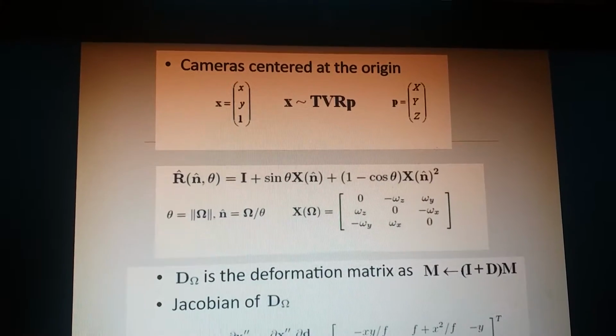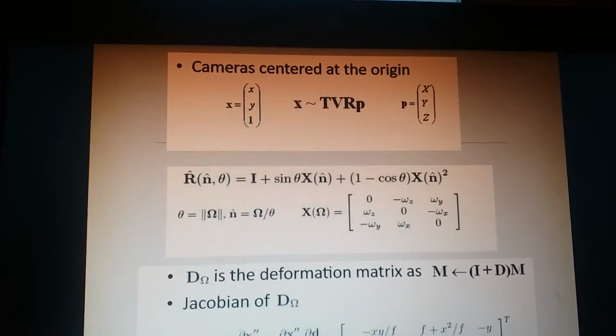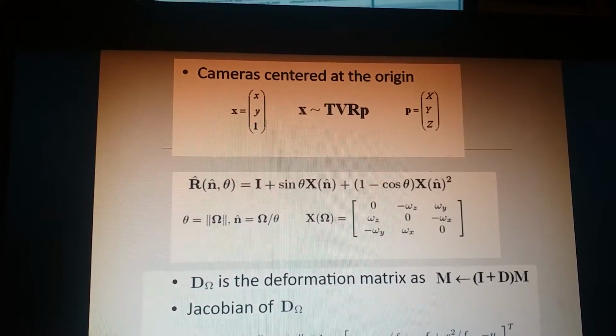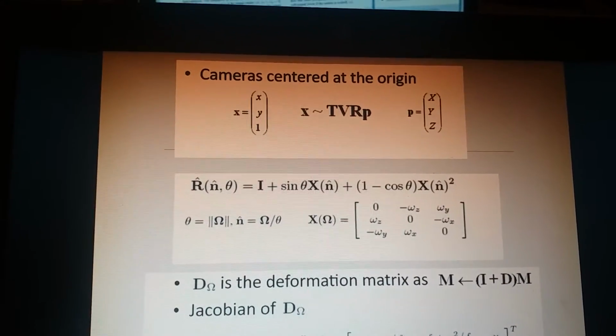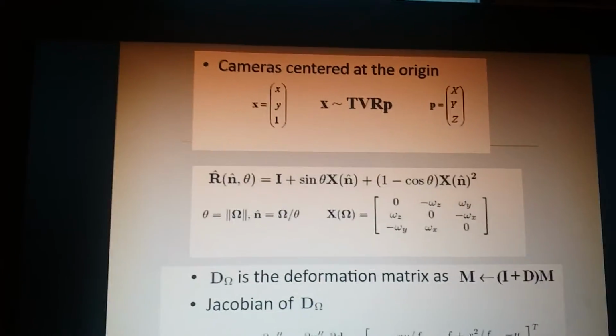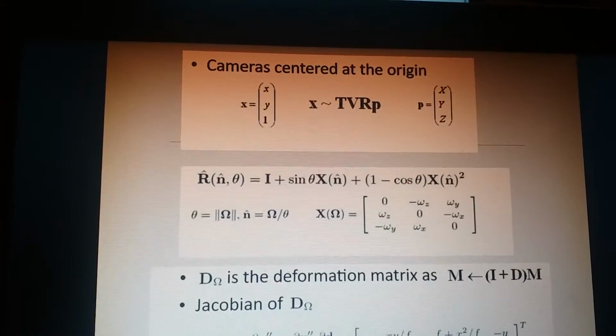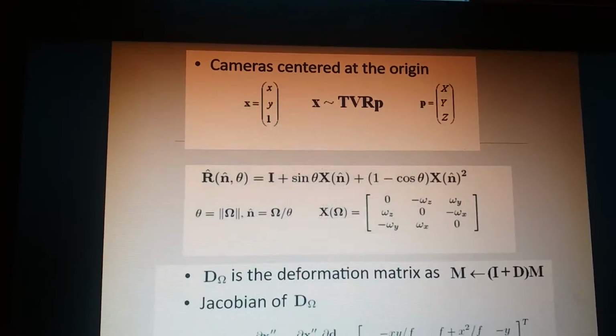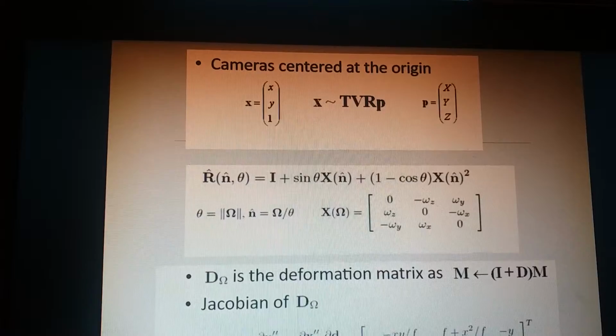Over here I have given that x is TVRP. T means the image plane translation matrix, V is the focal length scaling matrix, and R is the 3D rotation matrix. T is basically a 3x3 matrix where the matrix is 1 0 cx, 0 1 cy, 0 0 1.